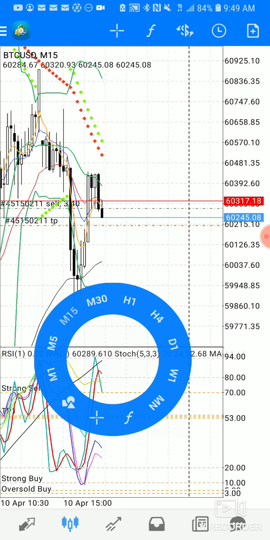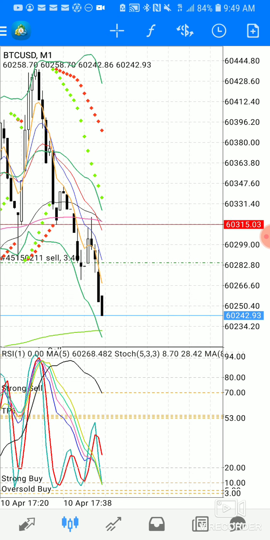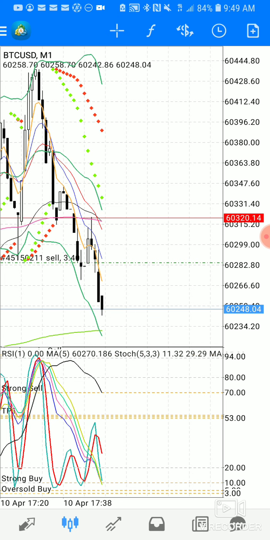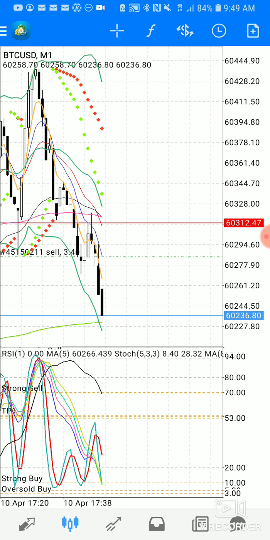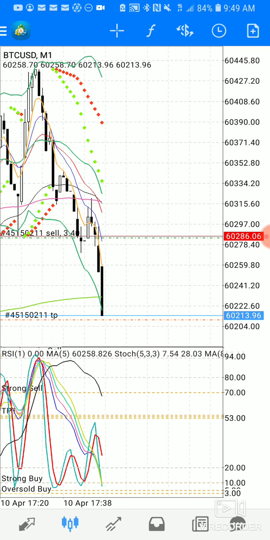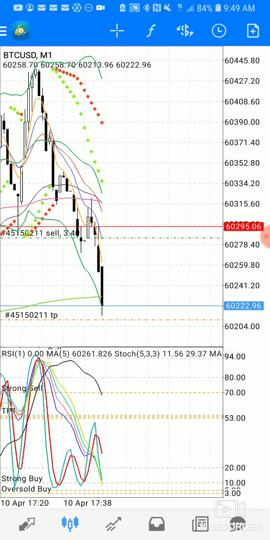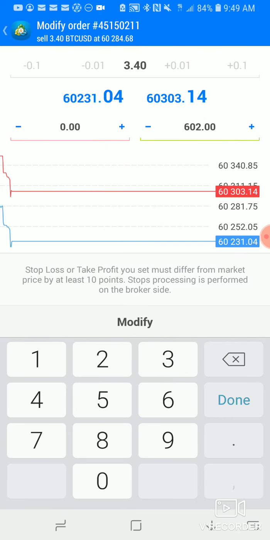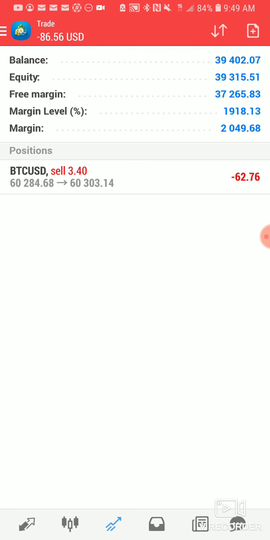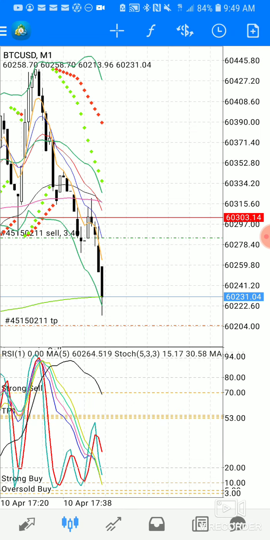Come on down, baby. Let's look at the 1 minute chart. We are in a trend. A lot of y'all been texting me, asking me, how do you know? How do you play it out in the trend? Here we go. We're in the trend, y'all. Look at everything I've explained, that 20 simple moving average at the bottom window. Oh Lord, is it gonna put me in profit or not? Do I need to drop my line a little bit further? Let's take it down to 05. Bam. Ooh. Okay. Trend. Look at my 20 simple moving average at the bottom, how I went from that 80 coming down. Everything is pointing down.